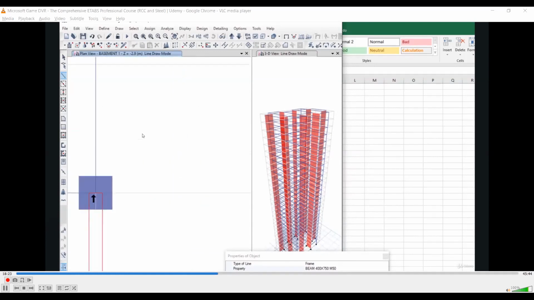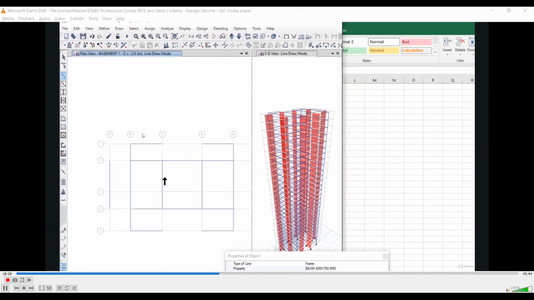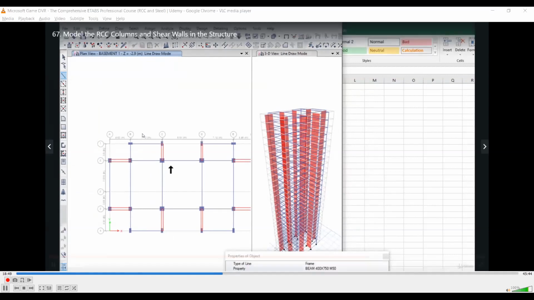Some people usually import this file from AutoCAD also, but I won't recommend you to do that unless you have some practical training on how to do that, because importing from AutoCAD may lead to some kind of errors. And for a high-rise building, which is usually symmetrical, this is not practically advised in my opinion. It is always better to start things from scratch so that you have full control over what exactly you are modeling. So I recommend you never import from AutoCAD.